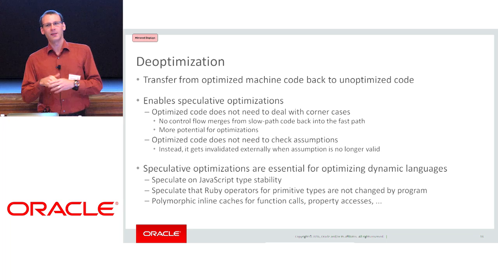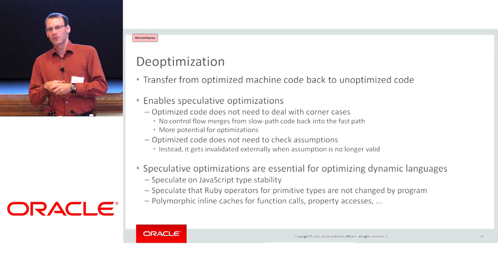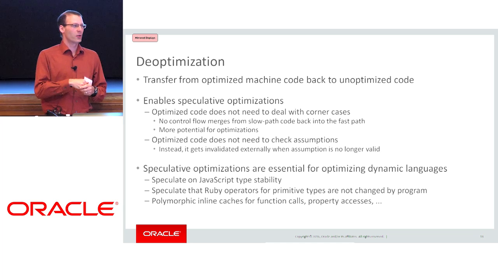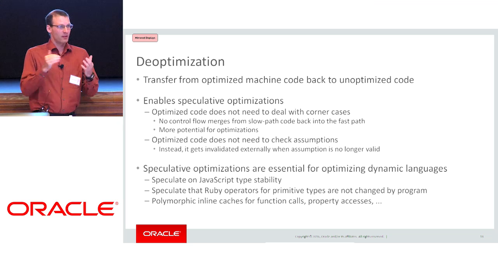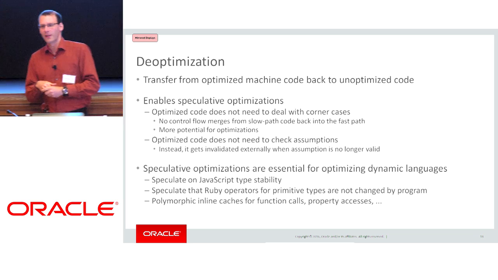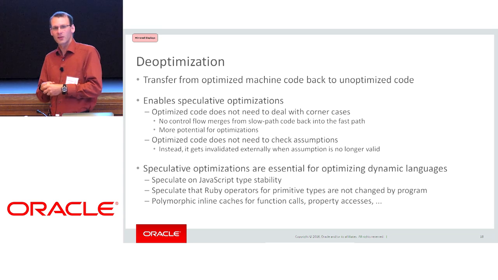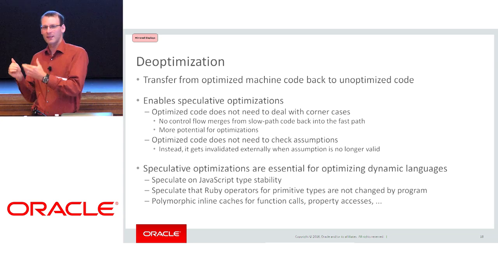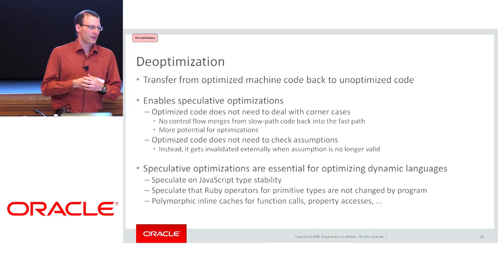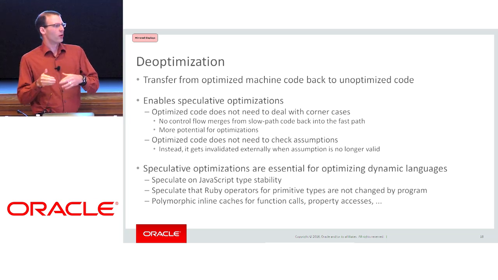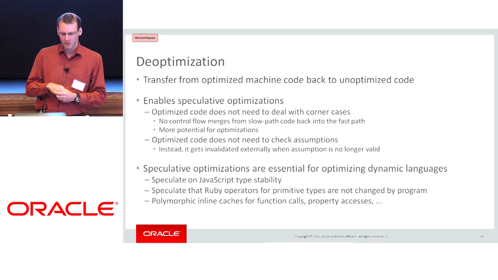And what it gives you is you can have much more aggressively optimized code and much shorter optimized code because you don't have to deal with all the corner cases. So the Hotspot has been doing that since the very beginning for things like, well, you can speculatively optimize virtual method calls, and if you later on load a new class that invalidates your inlining decision for a virtual method call, so the calls actually can no longer be devirtualized, then you just de-optimize and throw away the machine code.